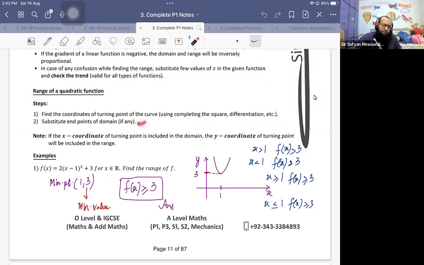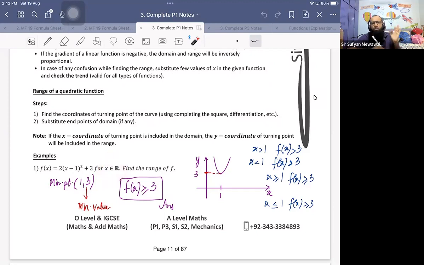Then step number 2, substitute endpoints of the domain if any, which tells us that there are not always endpoints defined. Why? Because at times the domain is x belongs to real number. So if the domain is x belongs to real number, this means that there are no endpoints. This means that the range will solely be based on the turning point. Minimum maximum value will be used to find the range of a function if the domain is x belongs to